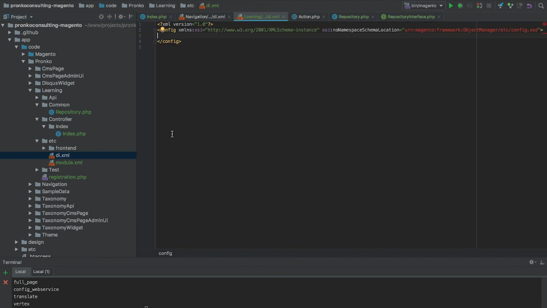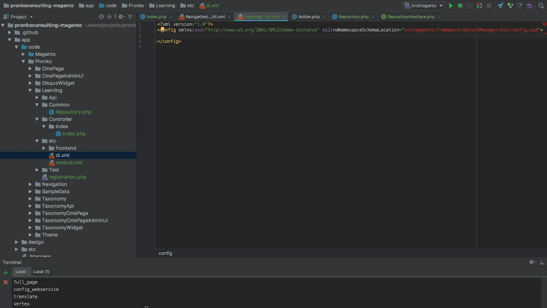With the help of the di.xml file, we can provide information to the object manager pointing a repository class to a repository interface implementation. So once we provide this information, the object manager will match this repository interface with the class which has to be instantiated.